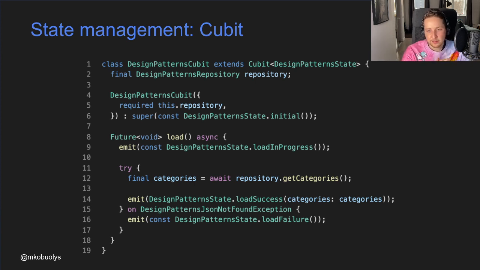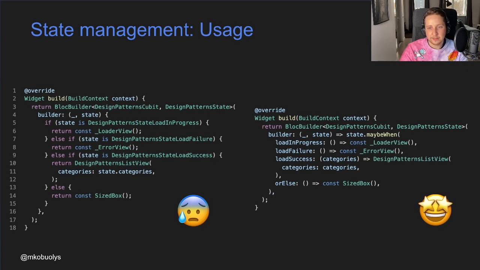So what this class does is basically it provides the initial state, then on any action, in this case it's load, you set the state that the load is in progress, and then you actually try to get the categories from some kind of repository, or any other data, and if everything is successful, you change the state to load success. If an error or any exception happens, you could catch it there and change the state to load failure. And if you are using this state management solution in your UI, instead of using if-else's in your code,